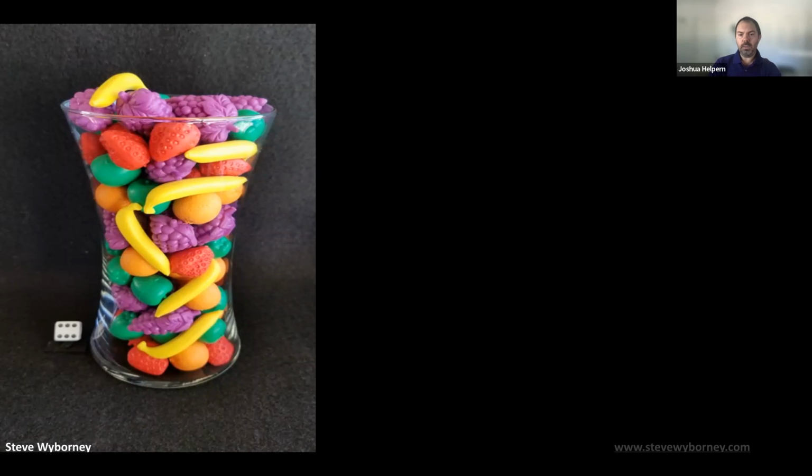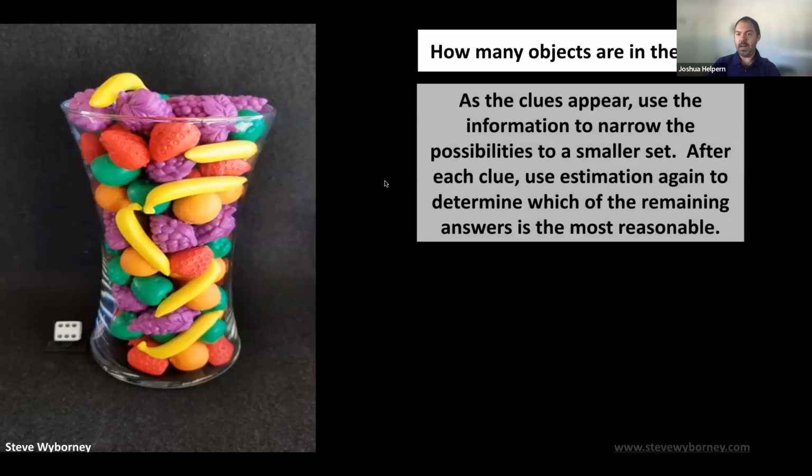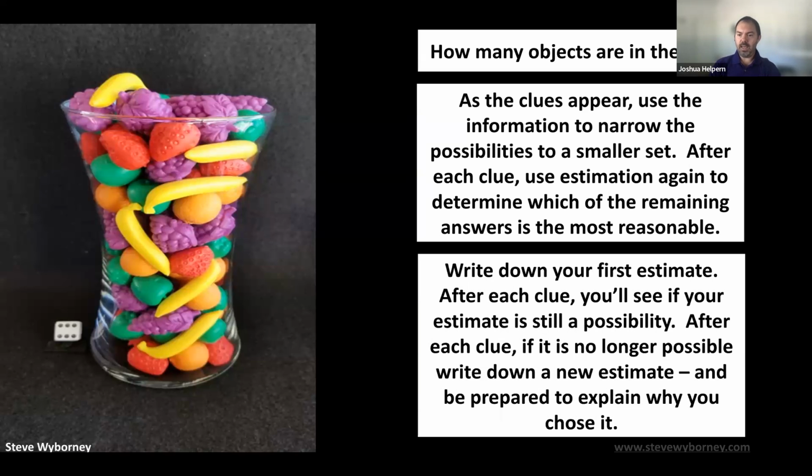Now, the thing with Esther Mysteries, so how many objects are in there? He explains how we're supposed to do it. Clues are going to appear, and as the clues appear, you're going to revise your estimate. Your original estimate may still hold, but if it doesn't, then you're just going to make a new guess, a new estimate as we go. And if your estimate gets eliminated, that's fine. It just means you make a new estimate. Is your new estimate close to your original estimate, or are you going to choose something completely different?